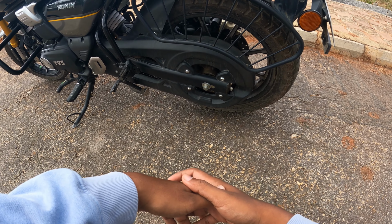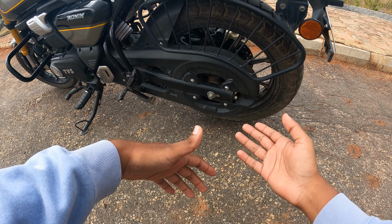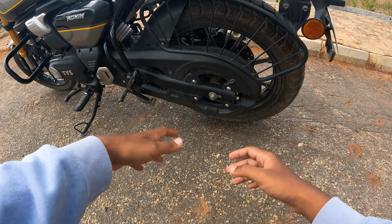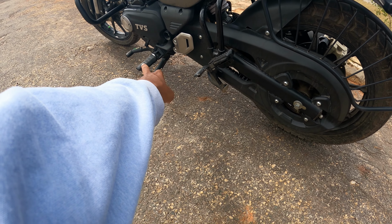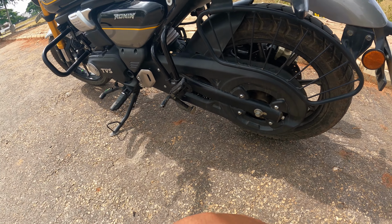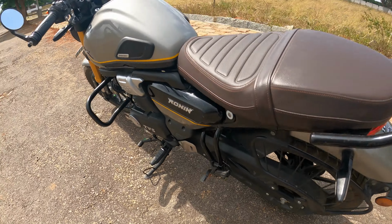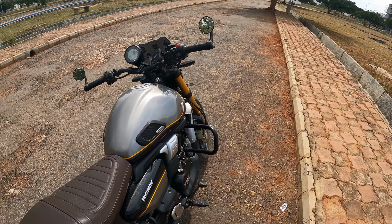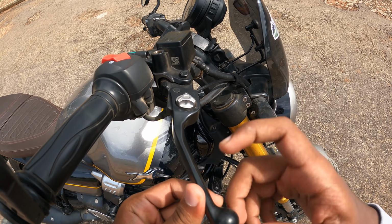So another good thing is a lot of dirt doesn't enter the chain because it has a whole chain cover, but at the same time it's harder to lubricate the chain, because I found myself opening all those nuts every time I have to lubricate the chain, and it runs all the way till the front. That is the nuts to be opened. It has a center stand, which is very rare nowadays in two-wheelers. But yeah, so other than that, the features in this bike, they give adjustable levers, which is 3-step adjustable,